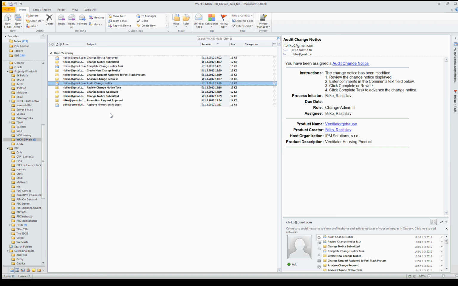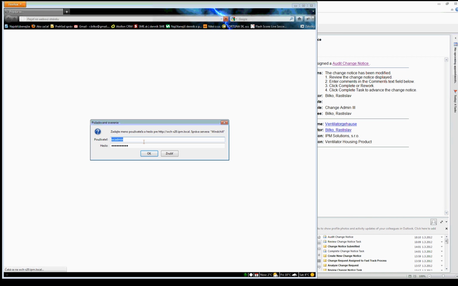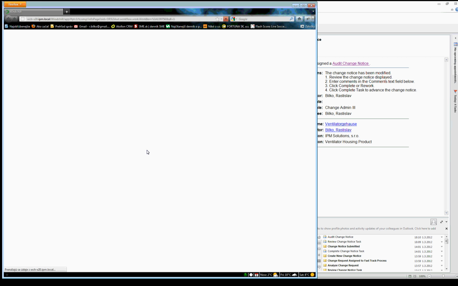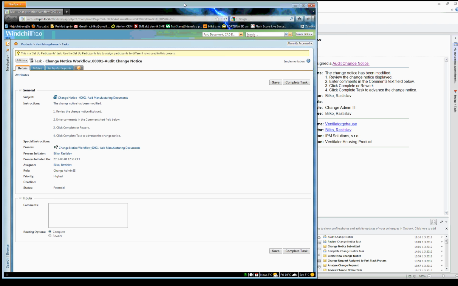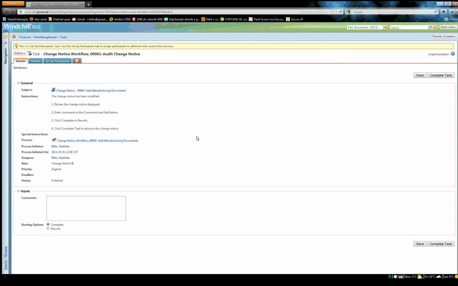So if I switch to my Outlook, I can see that the information or tasks are distributed by email. This one is the mail which informed me about auditing the change notice, and when I click on the hyperlink in the email,